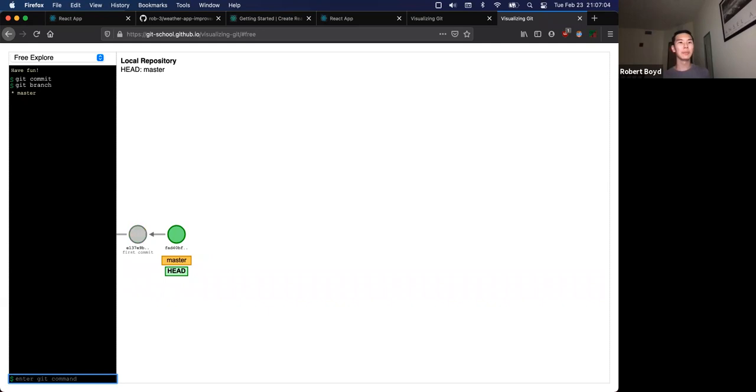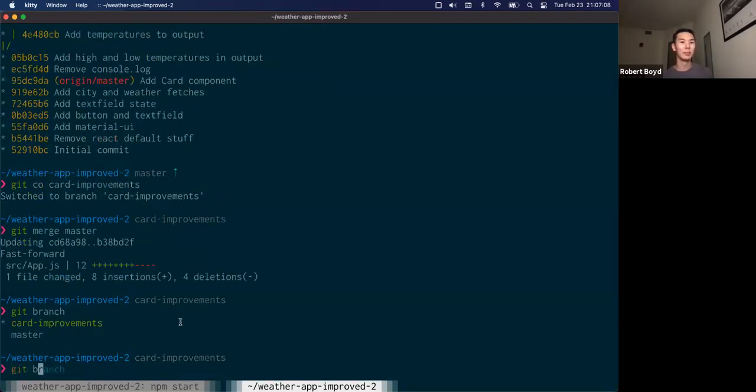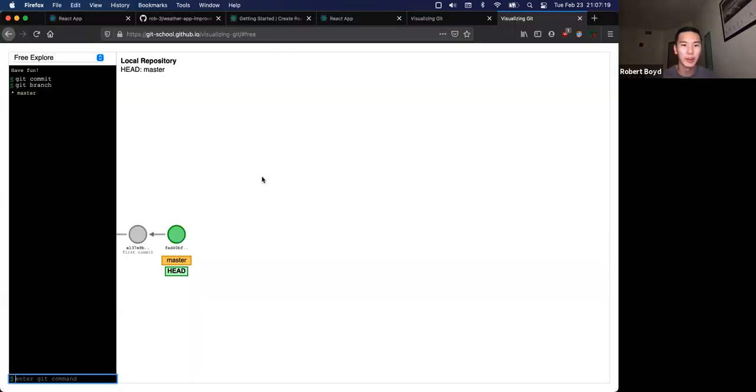By the way, if you just type git branch, it will show you all of the branches you have. You can also do git branch -a to give you all the remotes as well. So any server branches, it will show those too. And it shows you a little star for the one you're on, and it's all nice. Okay. But if you want to actually make a branch, you need to type the name. So git branch,